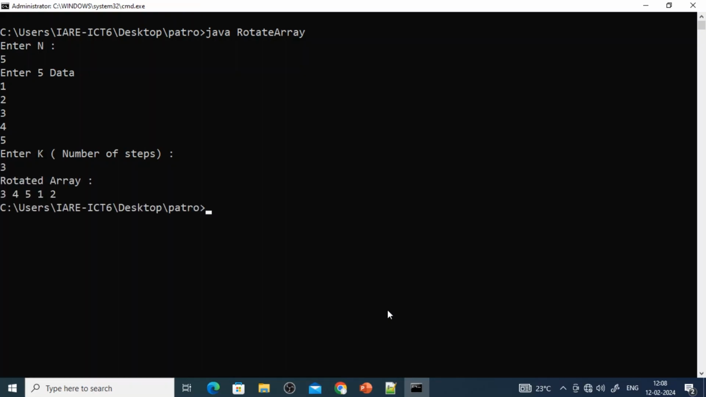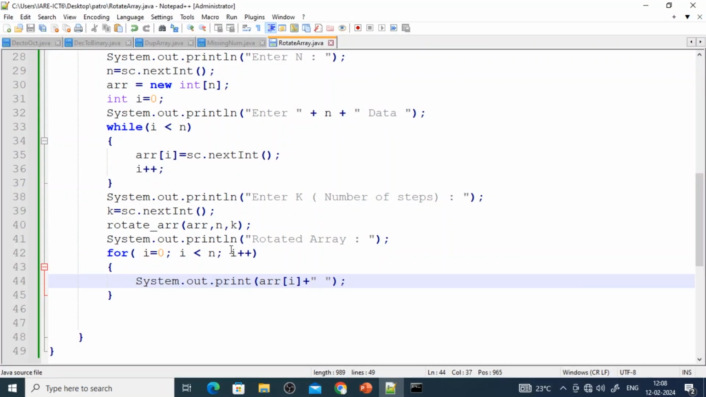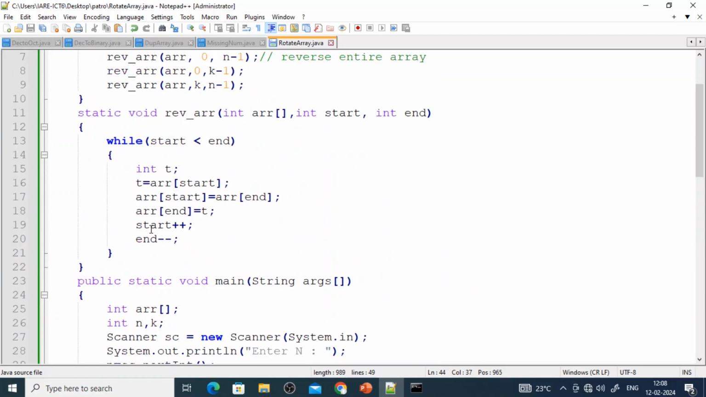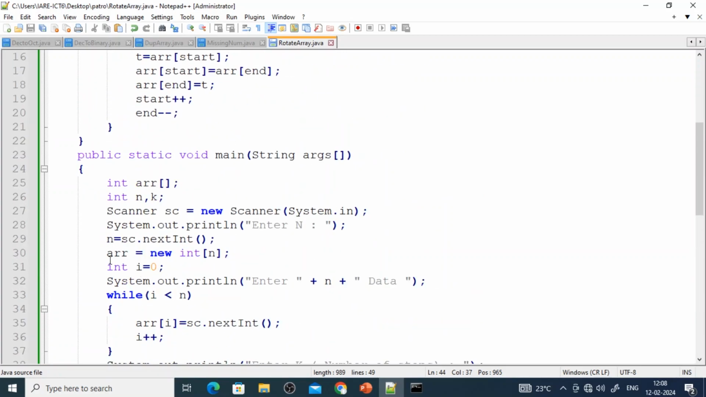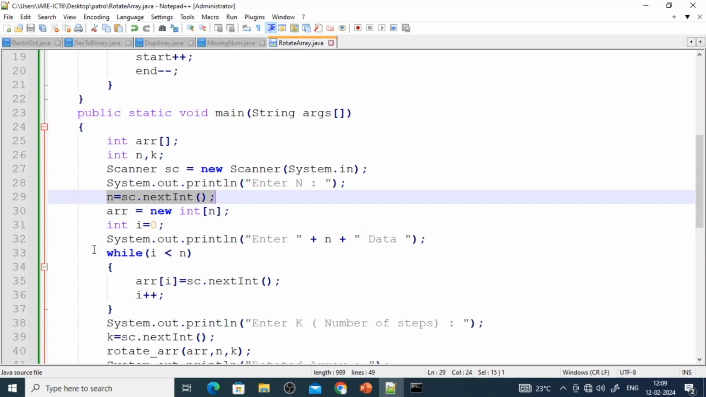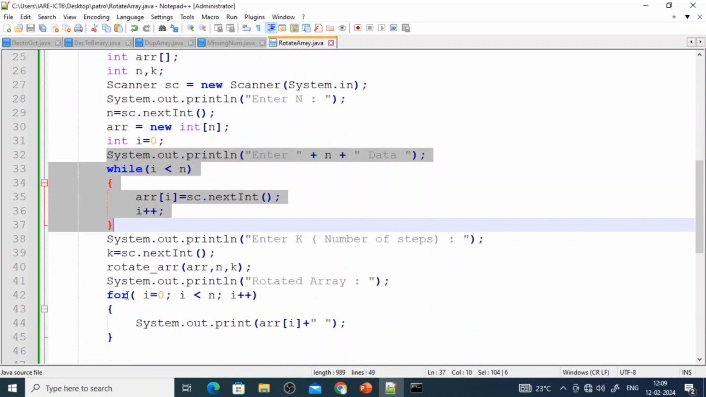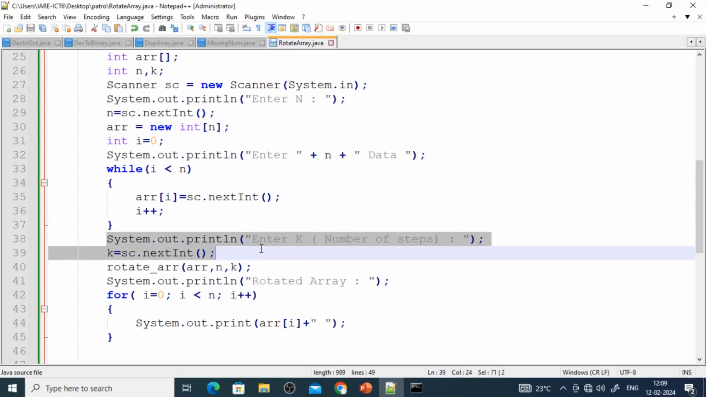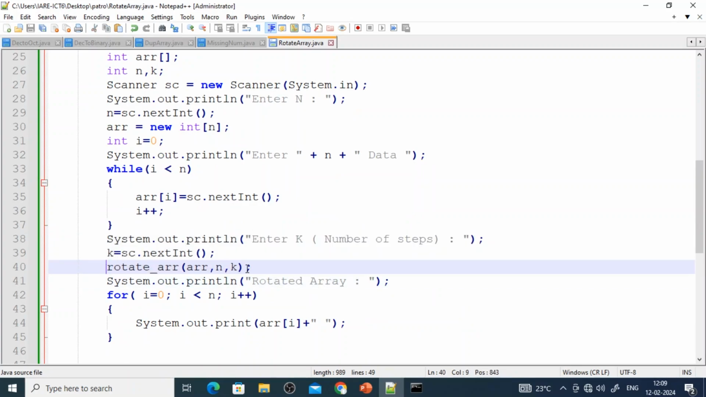So this is the way you have to write the program. I hope it is clear. So the main thing is, what are the inputs you have to pass? First I am reading n value. After that I am reading n numbers. After that I am reading the steps. Then calling the method. Here I am calling the method. This method goes there